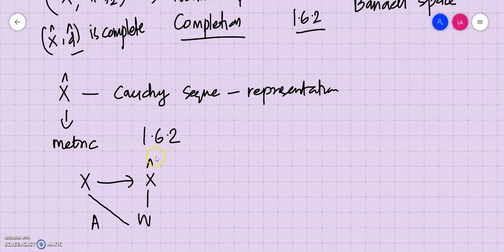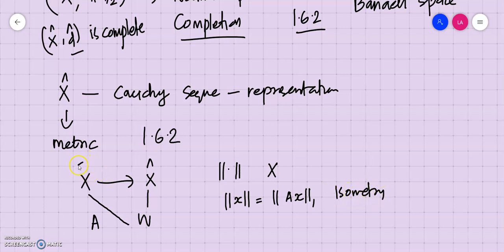And we have proved that X cap is a vector space. Now we have to prove that it's a normed space. So we have to define a norm. We don't have a norm in X cap. Since we have an isometry from X to W, and W is a subspace of X cap, this is actually a norm in capital X, and we have the property that norm of x should be equal to norm of Ax. So this norm 1 is a norm in W by means of isometry.